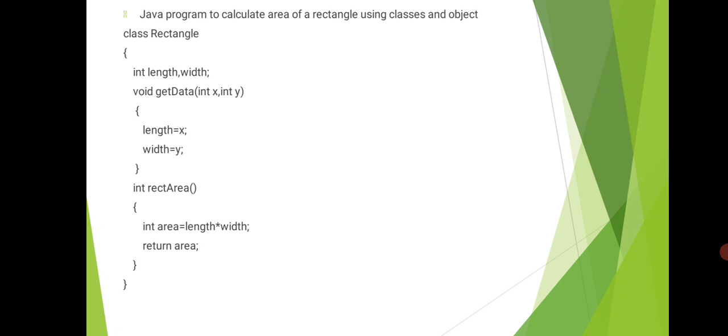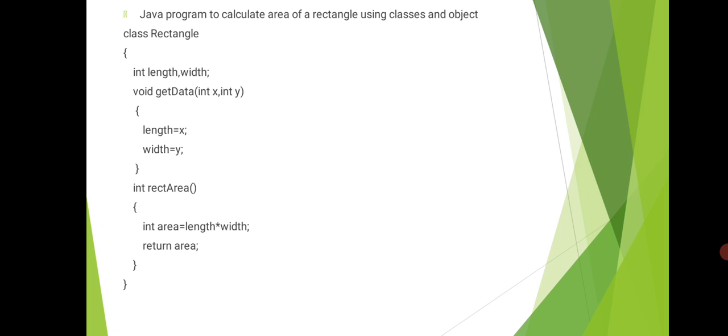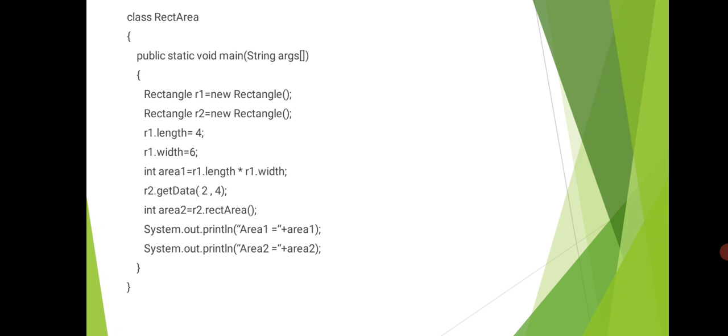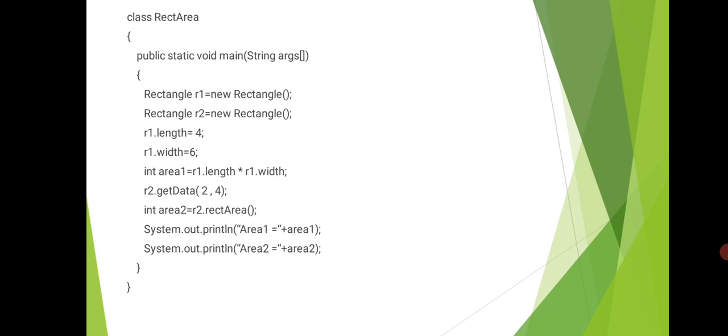Next we are calling the rect area. So rect area will makes the calculation of area of a rectangle. So here through object name r2 we are calling that. So r2 dot rect area means it will invoke this method, rect area method, and in this it calculate the area of a rectangle. r2 in a length width ಎಷ್ಟಿದೆ, that is r2's length is 2 and r2's width is 4. 4 and 2 is multiplied and the result is returned to the ಏರಿಯಾ 2. ಸೊ ಅಲ್ಲಿ ಏರಿಯಾ ಕ್ಯಾಲ್ಕುಲೇಟ್ ಆಗಿರೋದು ಇಲ್ಲಿ ಏರಿಯಾ 2ಗೆ ಅಸೈನ್ ಆಗುತ್ತೆ.